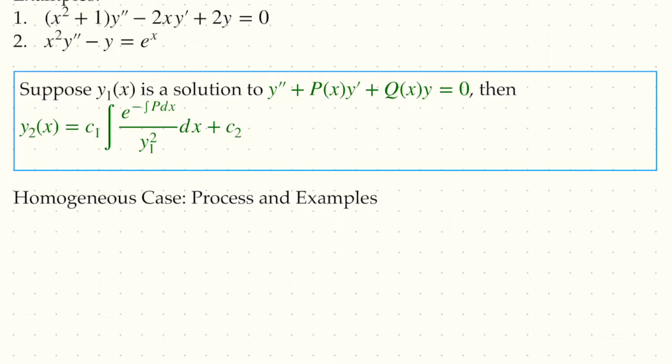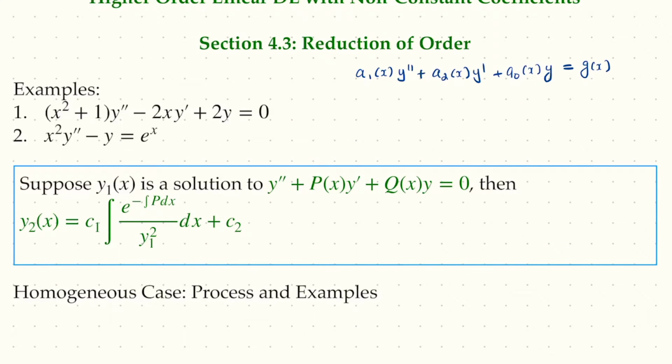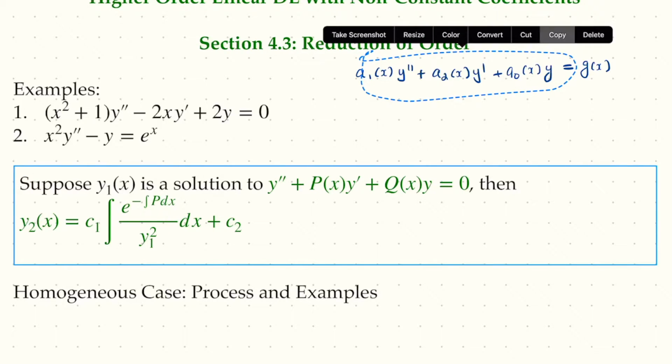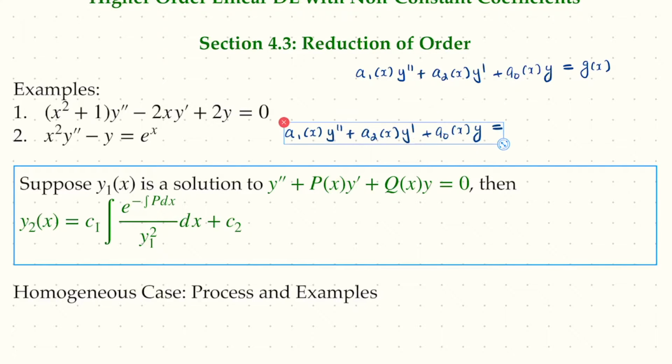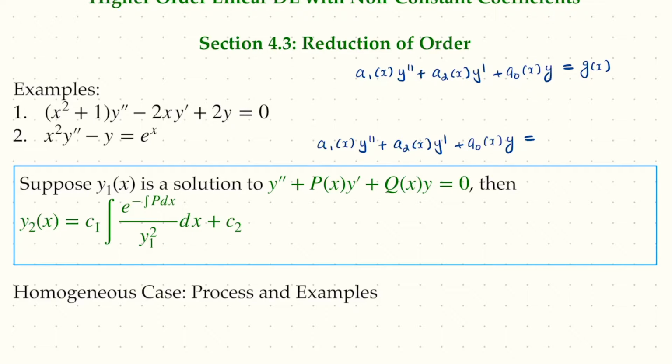By the way, there's a nice formula, similar to the integrating factor method in first order linear differential equations, for this as well. Let's say we have a homogeneous case, where g of x is equal to 0. If you can rewrite this differential equation in this form, y double prime plus p of x times y prime plus q of x times y equals 0, basically dividing the entire equation by the leading coefficient,